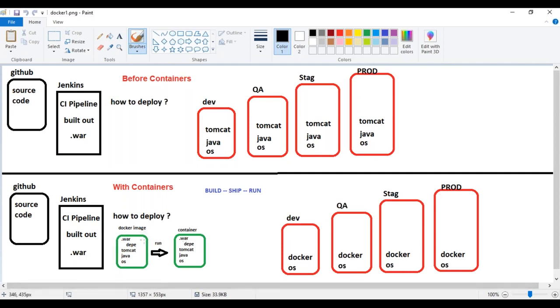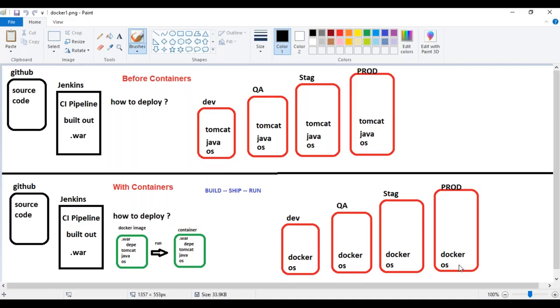Now how exactly should I build this image, or how should I package all this together securely? That is where we need a special software called Docker. A Docker or containerization platform is required. Docker is a platform which allows us to build an image, ship it wherever you want, and then run it as a container in different environments. That is how we needed containerization in the picture, and this is how we actually do it.